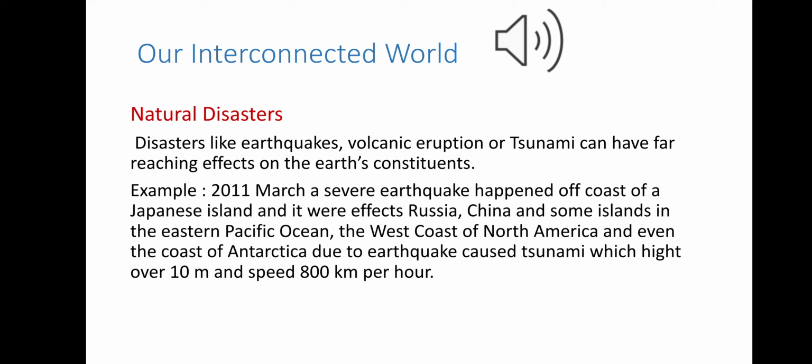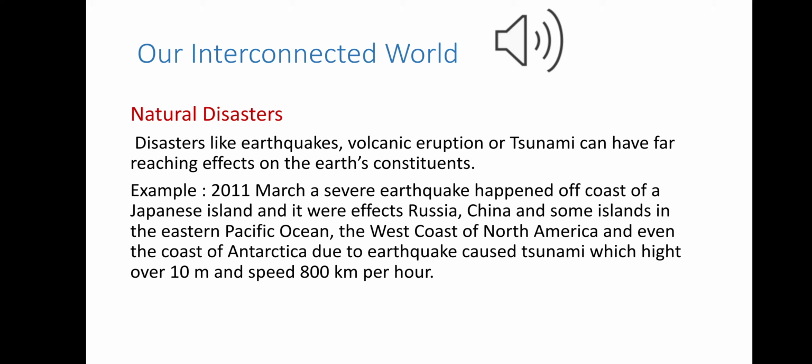This tsunami also raced away at a speed of 800 km per hour to distant places: islands in the eastern Pacific Ocean, the west coast of North America, even the coast of Antarctica, where it broke off the edge of the frozen continent.